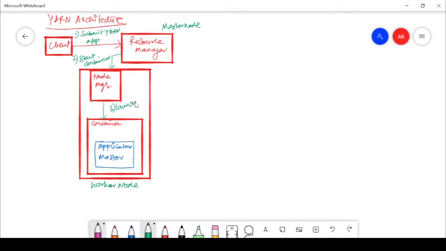In that we have an application master, which is something like code that needs to be executed.